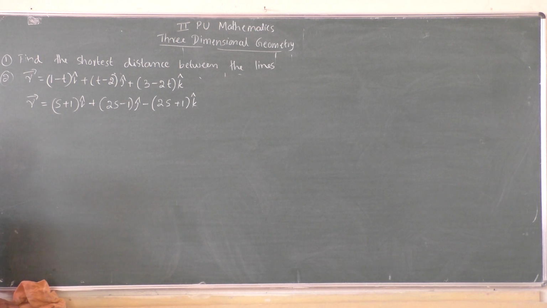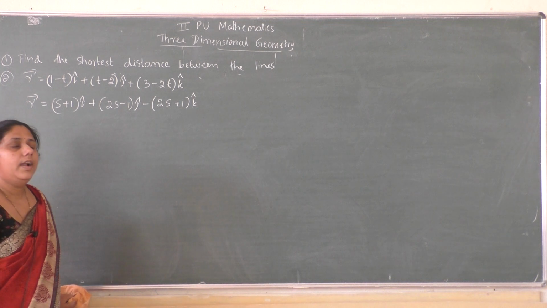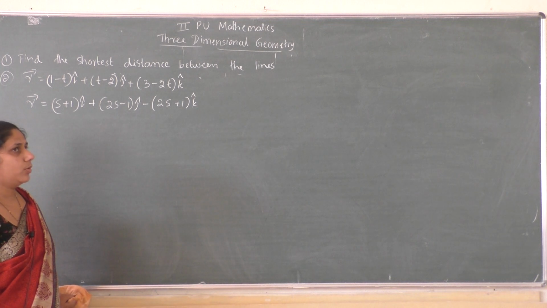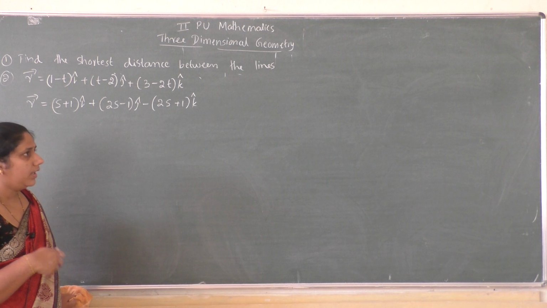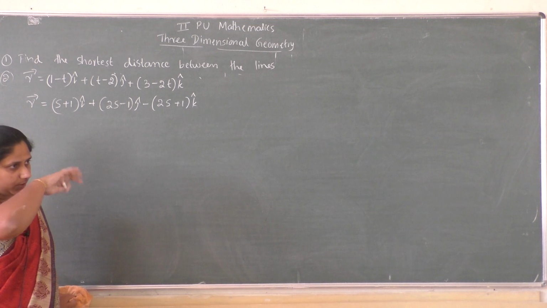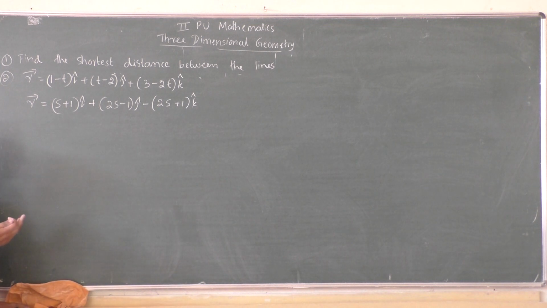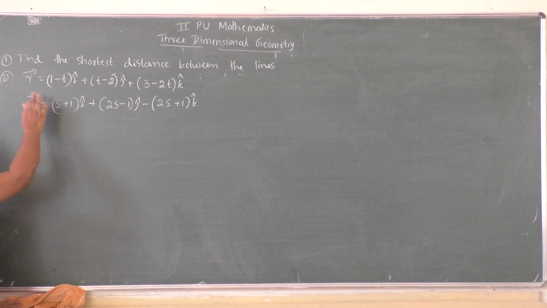See, the given equations are in the standard form. Standard form is r vector equal to a1 vector plus lambda times vector b1, and r vector equal to a2 vector plus mu times vector b2. Here lambda and mu are just constants, so you can take other symbols also. Here we have the constants t and s. In the place of lambda we have t, in the place of mu we have s. Now we have to convert these two equations into the standard form.